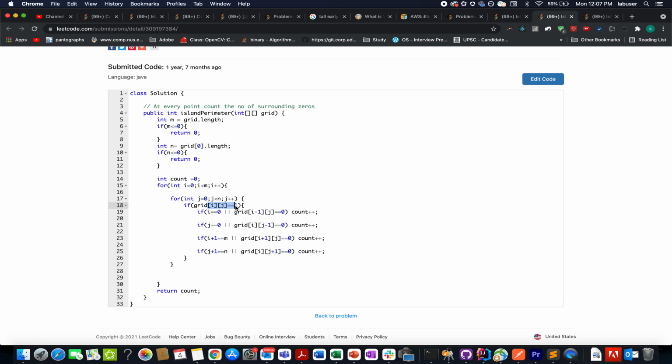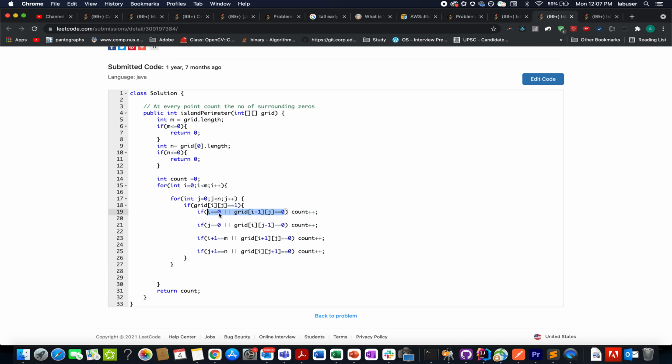If I witness my cell as a land cell, I check in all the 4 directions. First one in the upper row, here I am checking in the lower row, here I am checking towards the left column, here I am checking towards the right cell with respect to the current cell, and if in any of these 4 cases I witness water, I increment my parameter count.